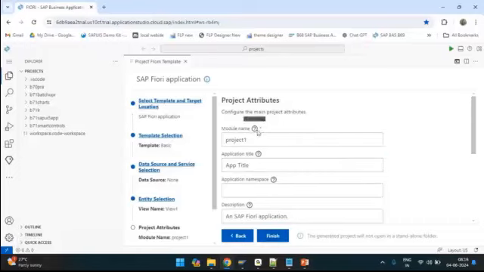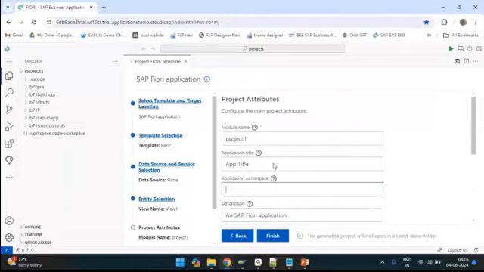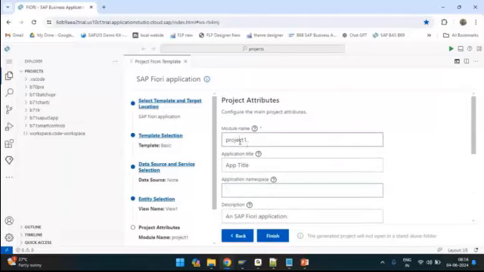So you need to fill the project attributes. The project attributes are nothing but some project details like project name, module name, application title, some namespace. All these things we need to fill. Now let me give the module name as